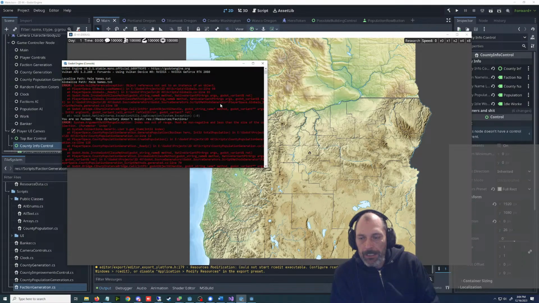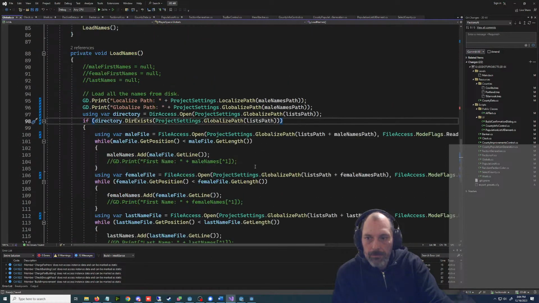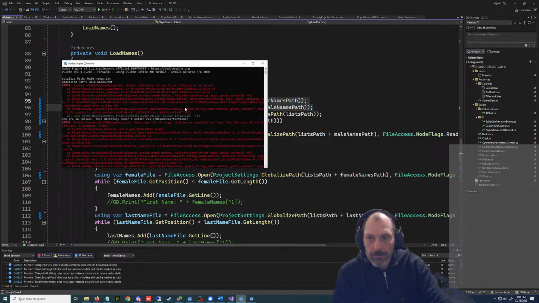It's the same thing and didn't seem to care about that. Line 98. But what did it print? These things are in a folder.